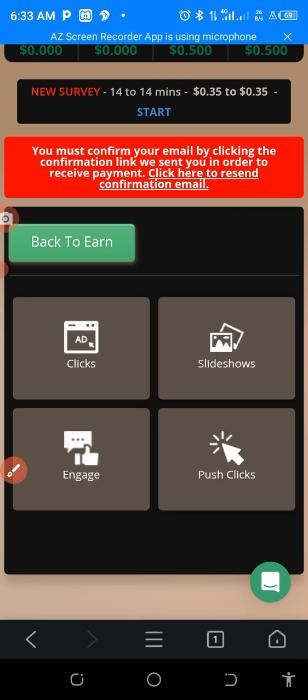So I've clicked on content now. You can see under the content we have clicks, we have slideshow, we have engage, we have push clicks. This click means some YouTube videos that you can watch and you receive passive income. And then the slideshow is also there, and then the engage, where you like some adverts. When you like some adverts, you will earn some passive income.